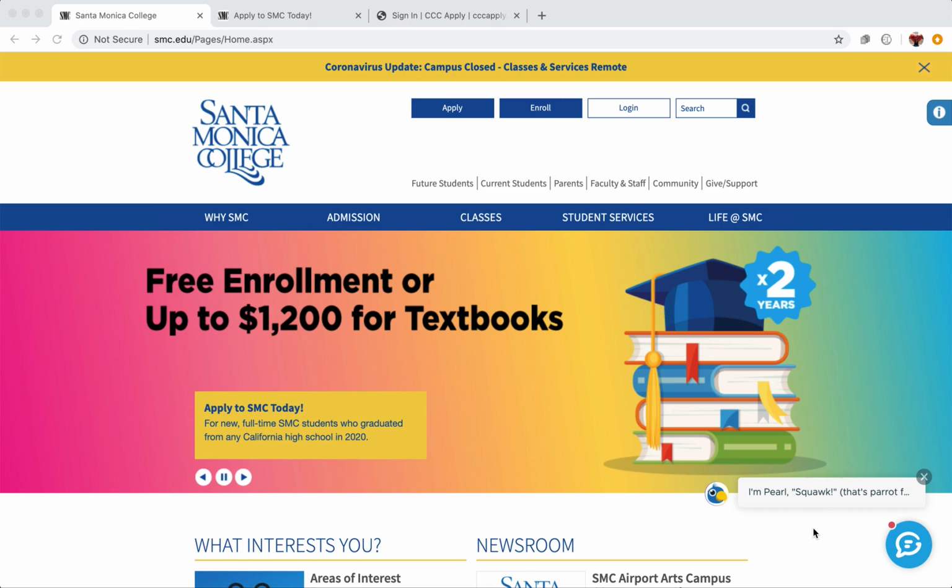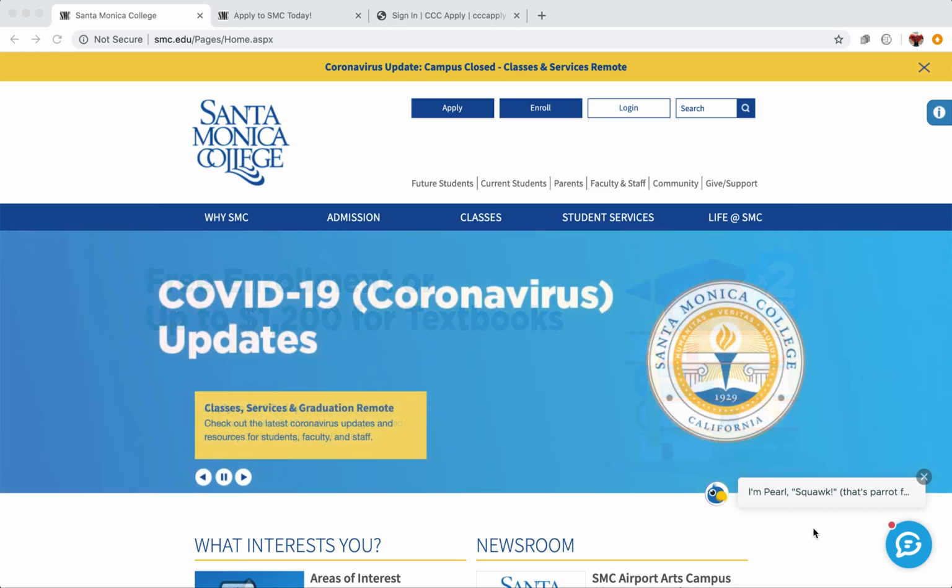I'll help guide you, and in order to get through the application as quickly and smoothly as possible, I recommend having all of your information ready. This may include your address, social security number, driver's license, visa information if applicable, and education and residency history. Gather all these things before you start just in case you need them. Once you have all the information ready, you can begin by visiting